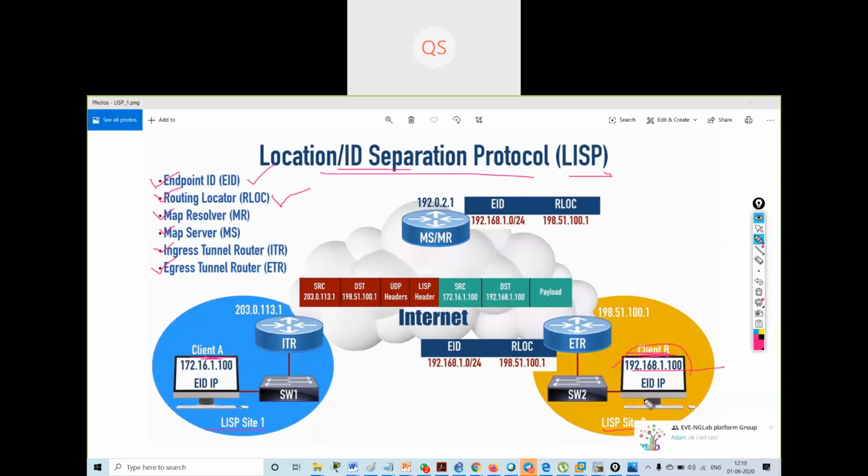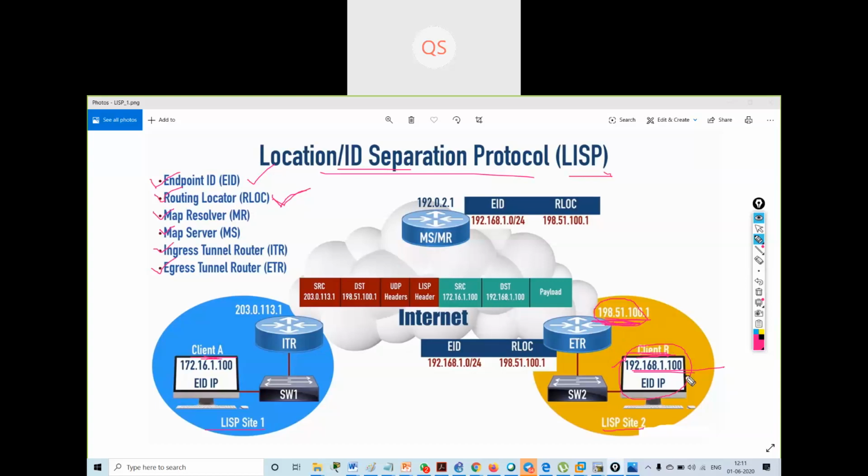This is my RLOC router, which has the IP address of 198.51.100.1. This will be my routing locator.